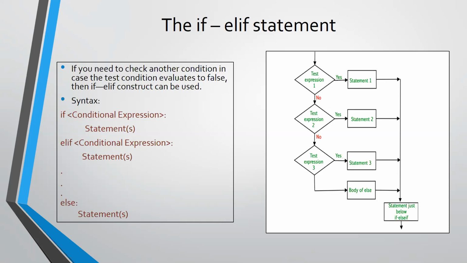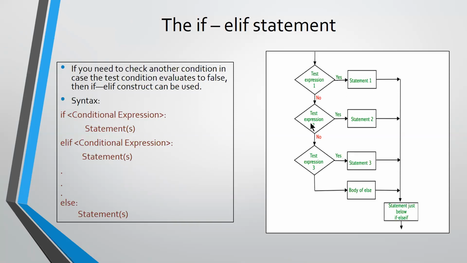And after the if control structure is finished, whatever statement is there, it will directly come to that. It will not check this condition at all. Okay, because this condition will be tested only in the else part of this. Okay, I will explain. So here, if the first condition is not true, it will check the second expression.